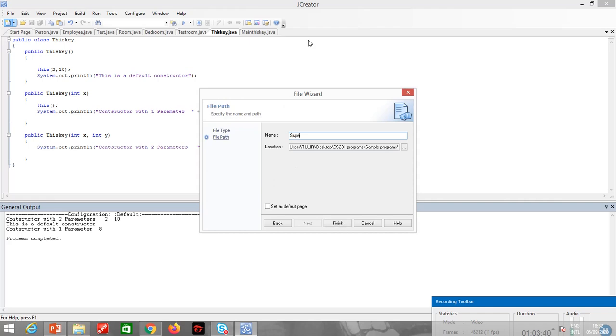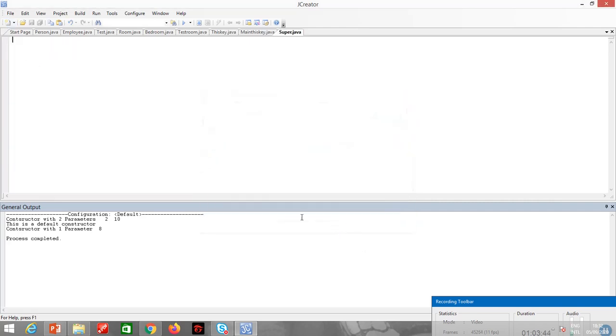Let me make a class called super. So I write public class super. And what do I have? I have over here one integer x, and I make a parameterized constructor. I pass over here integer x.